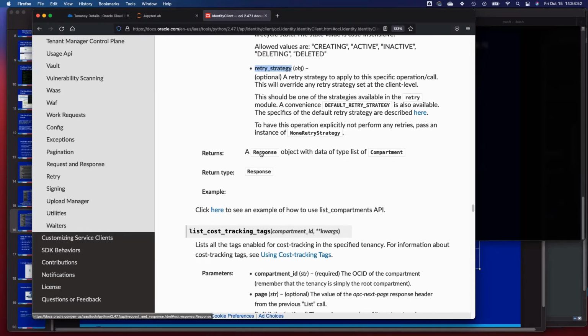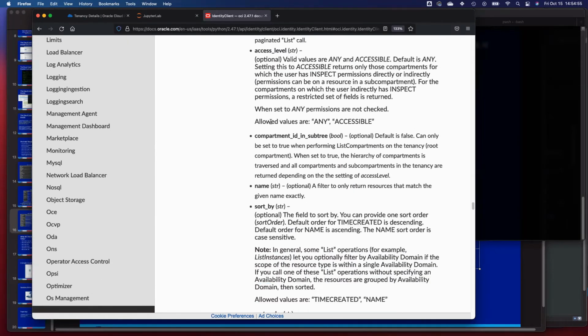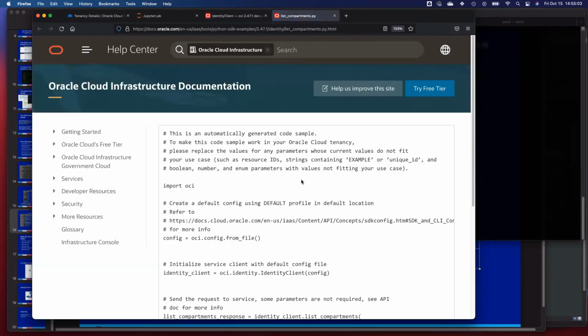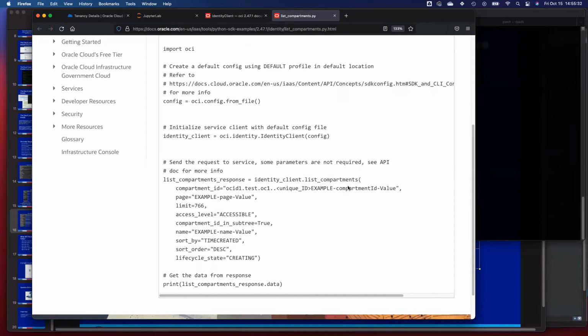Now here's the really magical part. Documentation, by the way, was pretty descriptive. But what's really magical is looking at the code. You have a real working piece of code here that you can copy and paste into your IDE or into your JupyterLab session, and then you can figure out what this is doing. And as you learn how to do that, you can start thinking about how can I write code to solve these business problems I'm faced with. So here you see